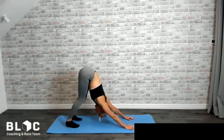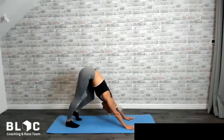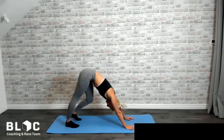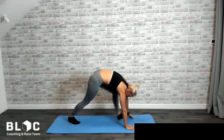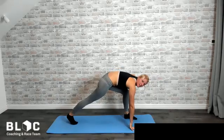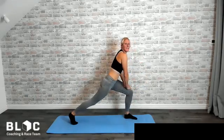Really try and get your ribs in towards your thighs. And then a small pedal through your feet again. Super. We're going to take a big step forward with our left foot. We're going to stay high this time. So step through, make sure you're nice and balanced, and then lift up onto the front leg into a low